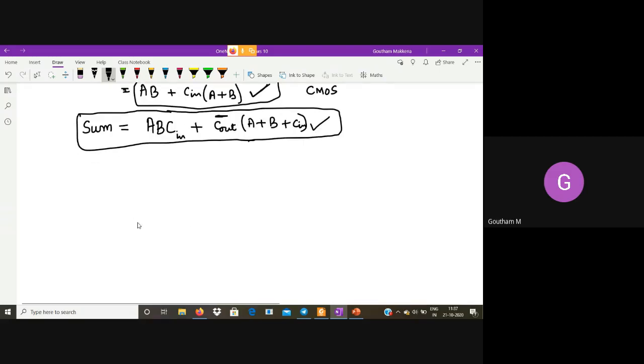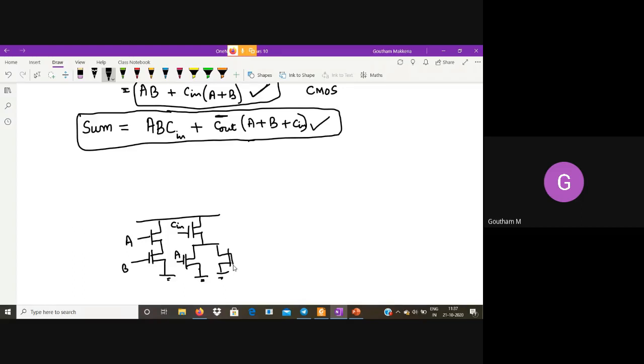So let me draw carry first. Carry is AB plus C into A plus B. So this is AB. This is C into A plus B. This is AB. This is C in. This is A. This is B. Okay. So PMOS part.